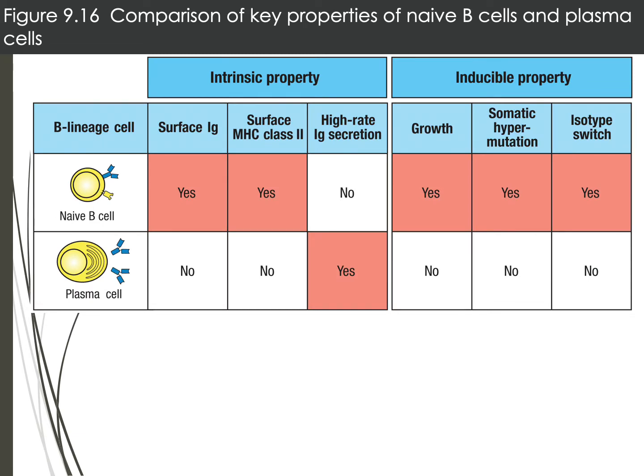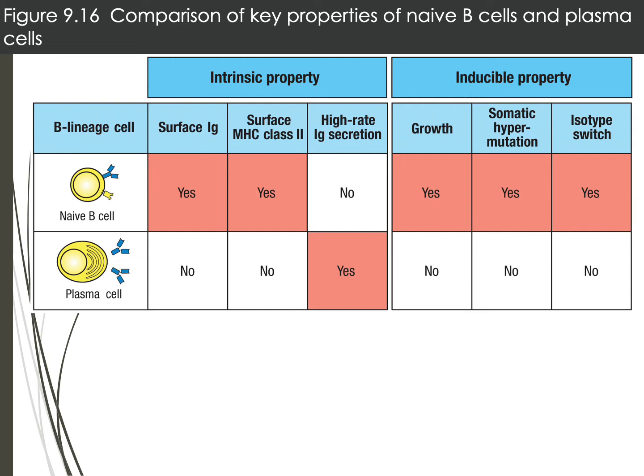There are a number of different markers that we can look at, as far as properties and differences, if we were to compare and contrast naive B cells and plasma cells. So your naive B cell is going to have surface Ig or surface B cell receptors, where the plasma cell is going to secrete that, right? So one of these intrinsic properties that we look at to characterize is secretion of the B cell receptor, the antibody. That tells us we're dealing with a plasma cell. Where if it is surface Ig and it has surface MHC class 2, that tells us it's a naive cell,